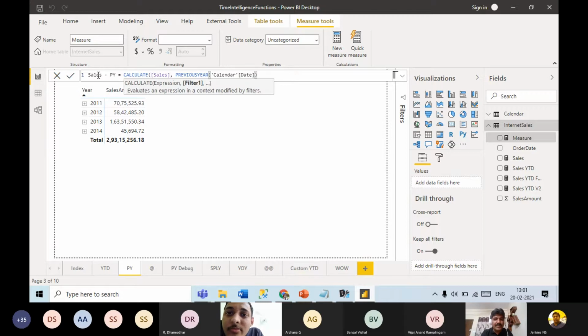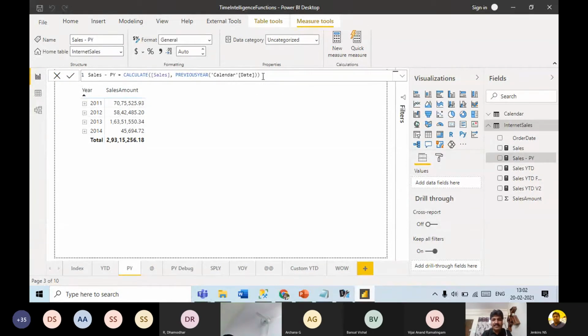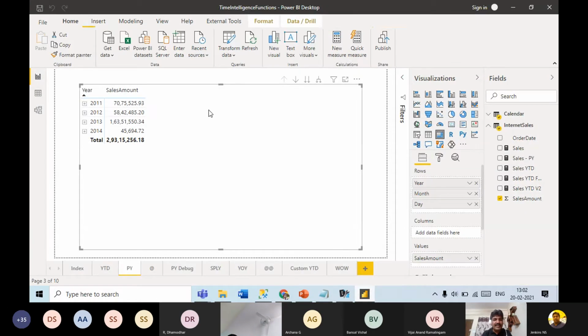Okay, so what it does is, for the current context date, if I'm here, the current context date will be 2012. This function goes and gets the previous year dates, and for those previous year dates, this calculate function does the sum of sales. Let me create this measure. I have created it.